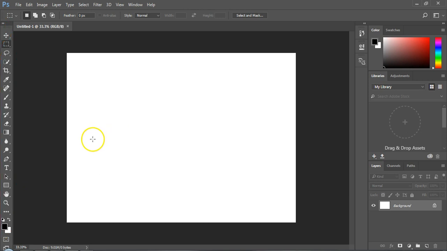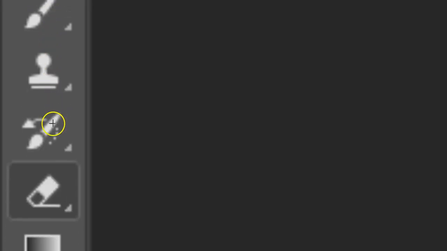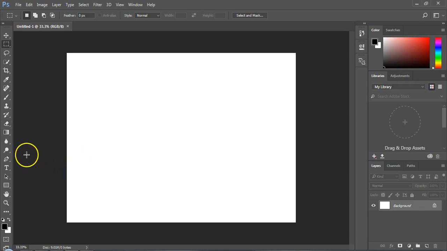Now there are a lot of tools available here. Just click one to activate it. The activated tool will be highlighted. You will also notice that the mouse cursor changes depending on the tool active at the given time. Now if you put some pressure on your eyes and focus on these tools, you will see that almost all the tools have a little white arrowhead to its bottom right corner. If you click and hold or right click the tool icon, it will reveal more tools of that type.